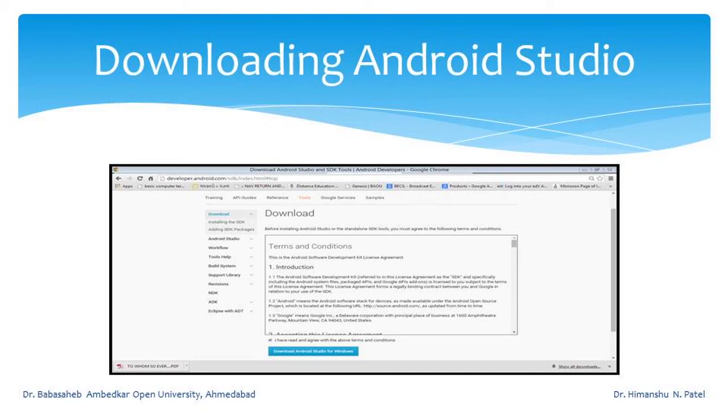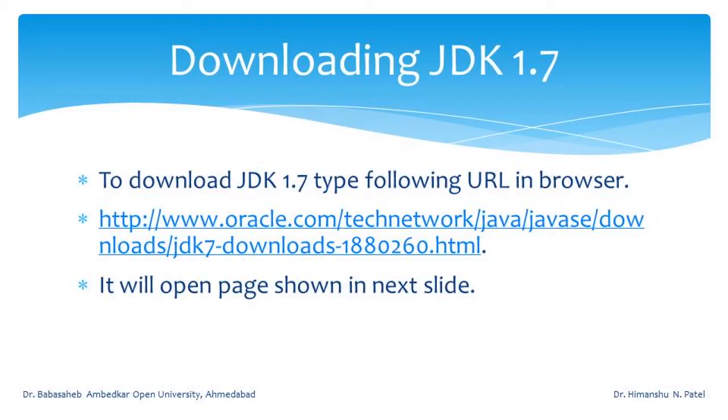Once this download is completed, you can install Android Studio, but as we mentioned earlier, in order to use Android Studio, you must include JDK. So, first thing you have to do is download Android Studio, then you have to download JDK, and once JDK is installed, you can install your Android Studio. Now we see how to download Java Development Kit 7. I have mentioned the URL for downloading JDK 1.7, which is a prerequisite for Android Studio, on this screen.